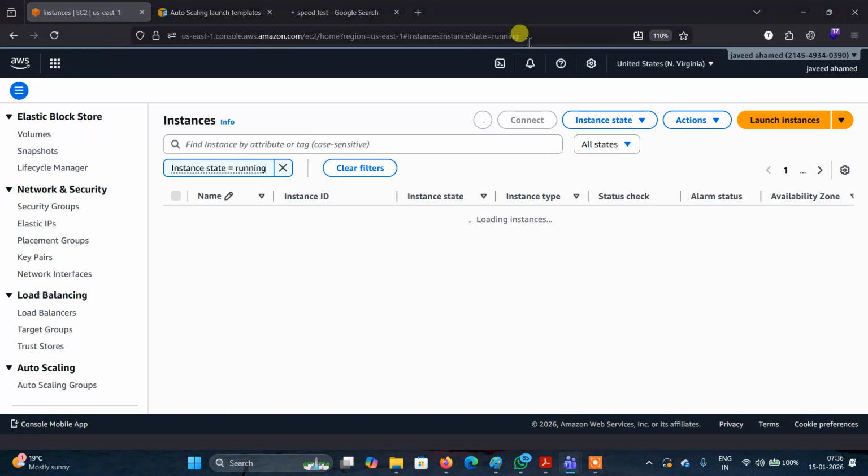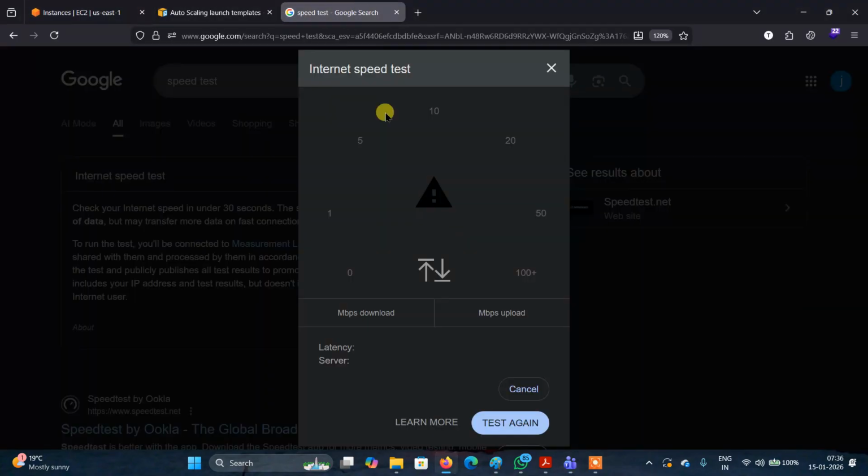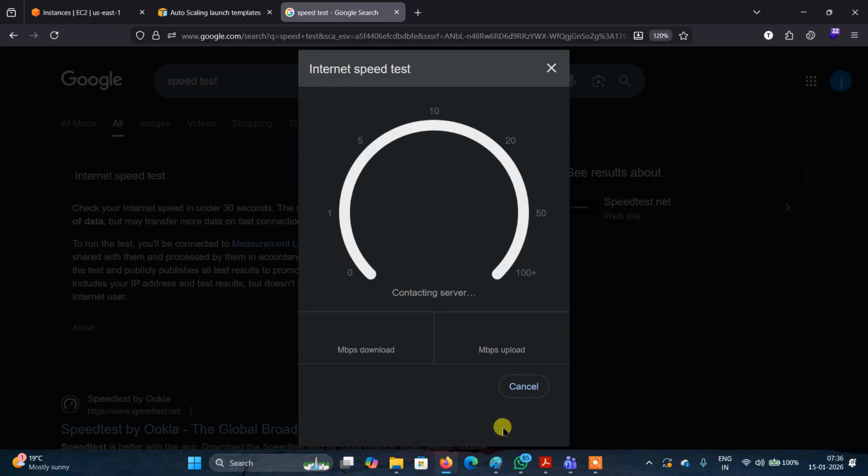I think there is an internet issue and it is getting low speed.